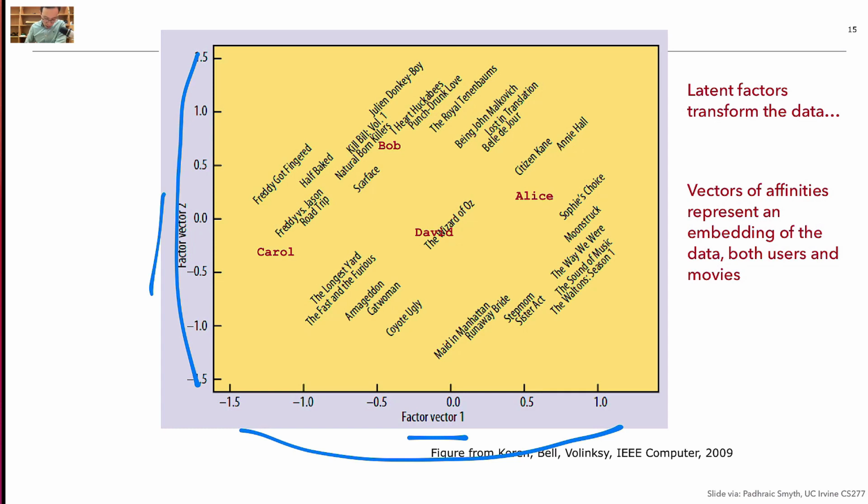So when we see a higher first latent vector and lower second latent vector, what kind of movies do we have? Sister Act, Stepmom, Sound of Music, Runaway Bride. It is like a drama genre, women-based. Some movies are chosen in this place. In the other place, there is a lower first latent vector and a higher second latent vector. In this case, Freddy Got Fingered and Half Baked. These are famous comedy movies, and so